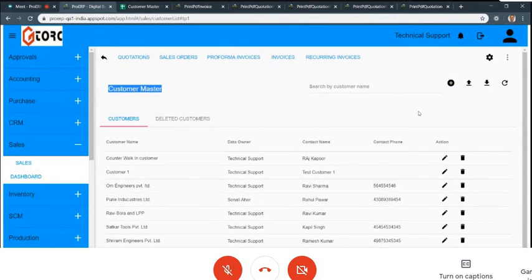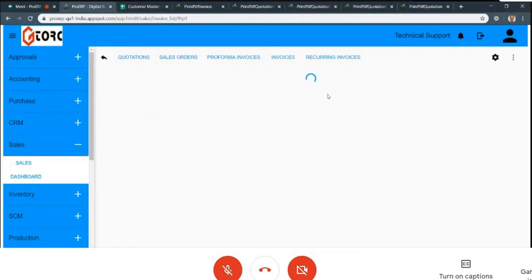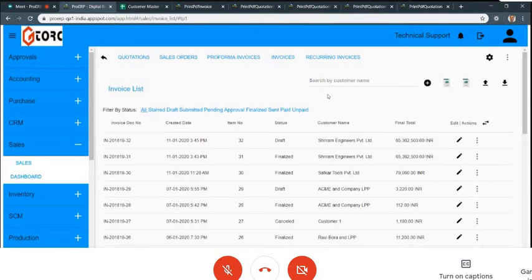Similarly, do it for account ledgers, groups, customers, item master, suppliers, etc. But transactional data is invoices, for example. You might have 100 invoices for a customer since the last 2 years, 3 years. This data, we recommend, need not come into the system. All you need to do is get an opening balance on the ledger, or opening invoices you can punch in from here, so that you can track them.